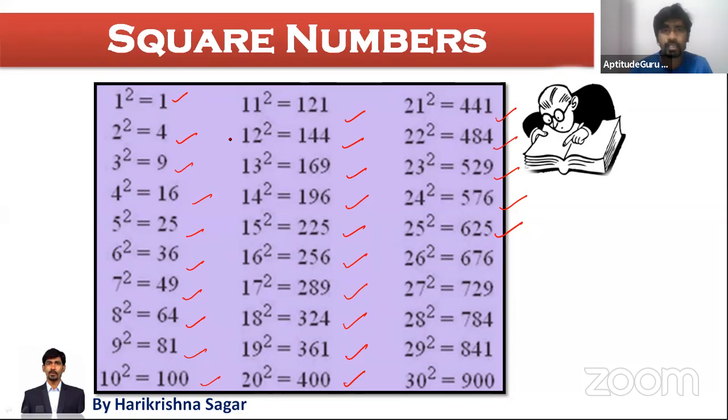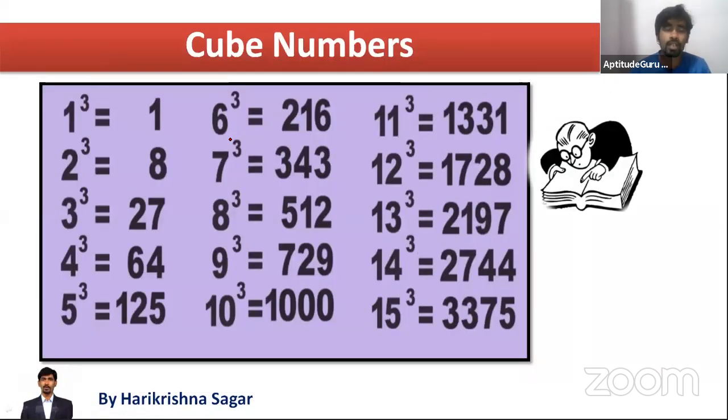So let's look at some cube numbers, which we already discussed. We went through the discussion of how to remember or derive the square of a number and the cube of a number. So just look at what is one cube. One cube is 1, 2 cube is 8, 3 cube is 27, 4 cube is 64, 5 cube is 125, 6 cube is 216, 7 cube is 343, 8 cube is 512, 9 cube is 729,